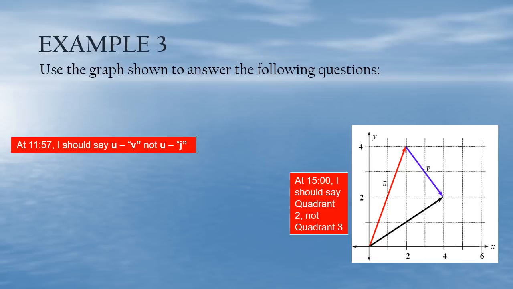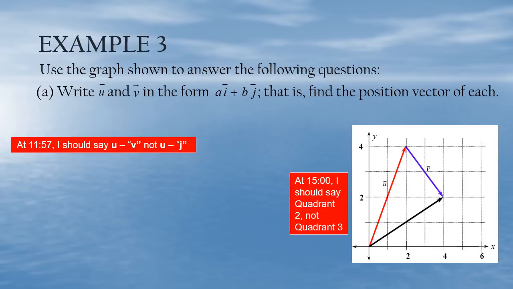And in the graph, in red, you see vector u, and in blue, you see labeled vector v. Part A, write vector u and vector v in the form ai plus bj. That is, find the position vector of each. All right, and so what we're really being asked to do here is to find the components. Vector u is already starting at the origin, so it's already positioned as a position vector. And so from the origin, I can see that if I move to the right 2 and up 4 units, that vector u